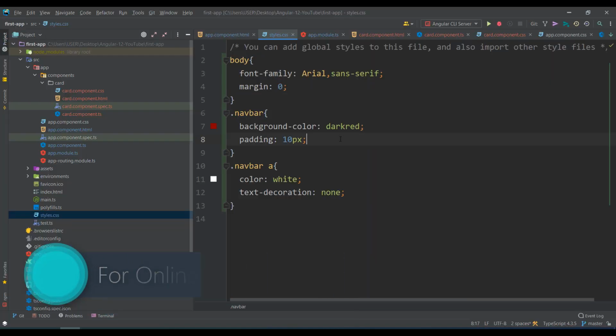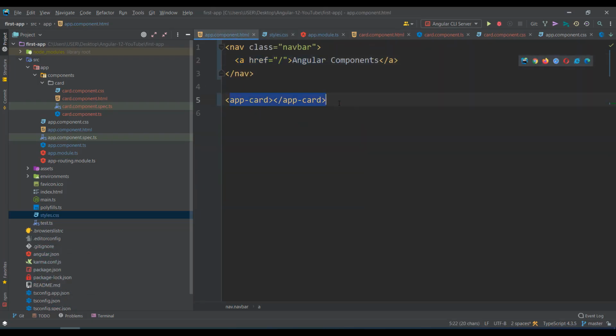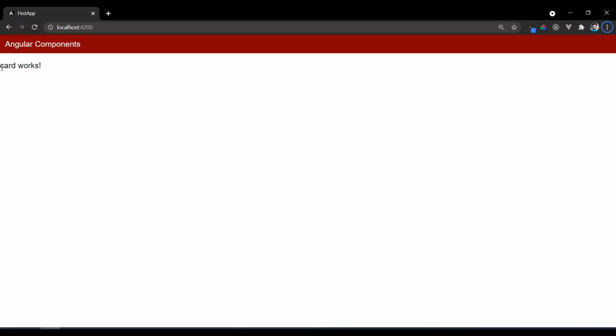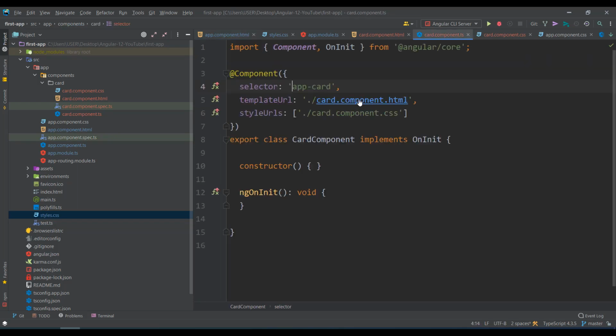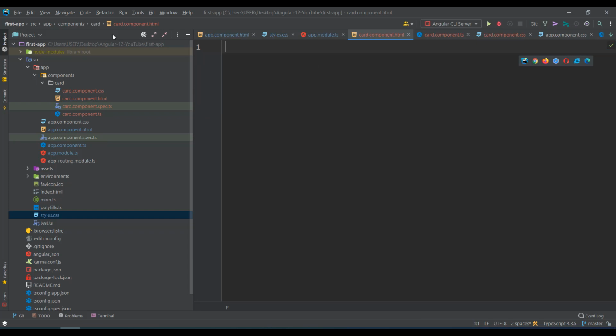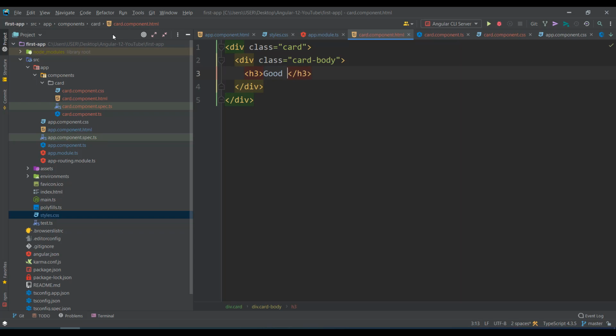Okay, now what my plan is, in the app I have configured something called card, this one. I don't like this normal text. I want to design a card over here. So how you make a card is you go to app card. In that HTML you may write something called card. In that card body I write some message, let's say h3, something called good morning, and then I write a